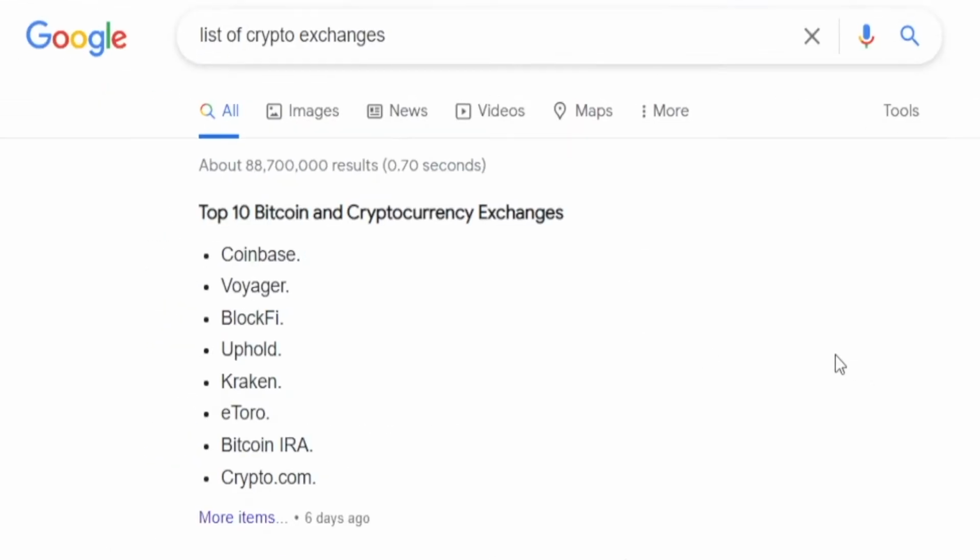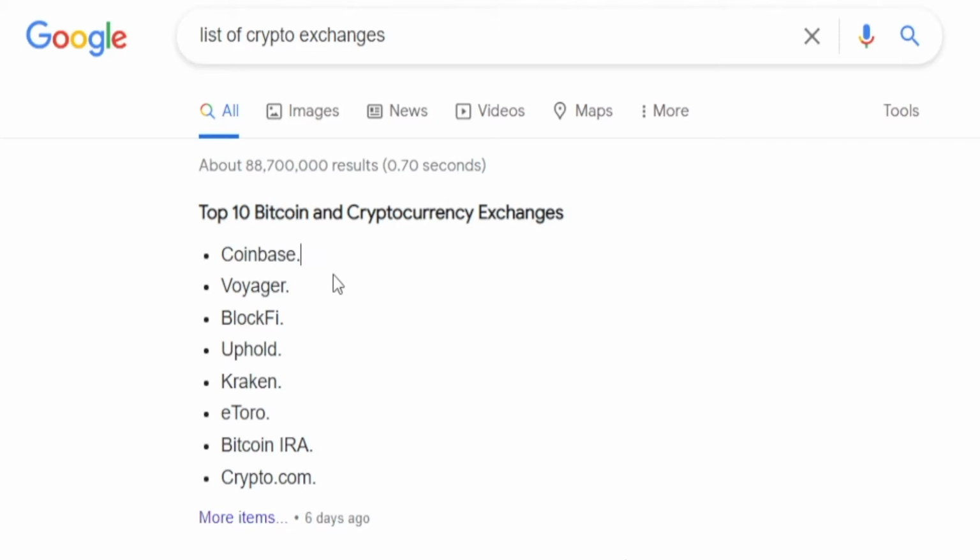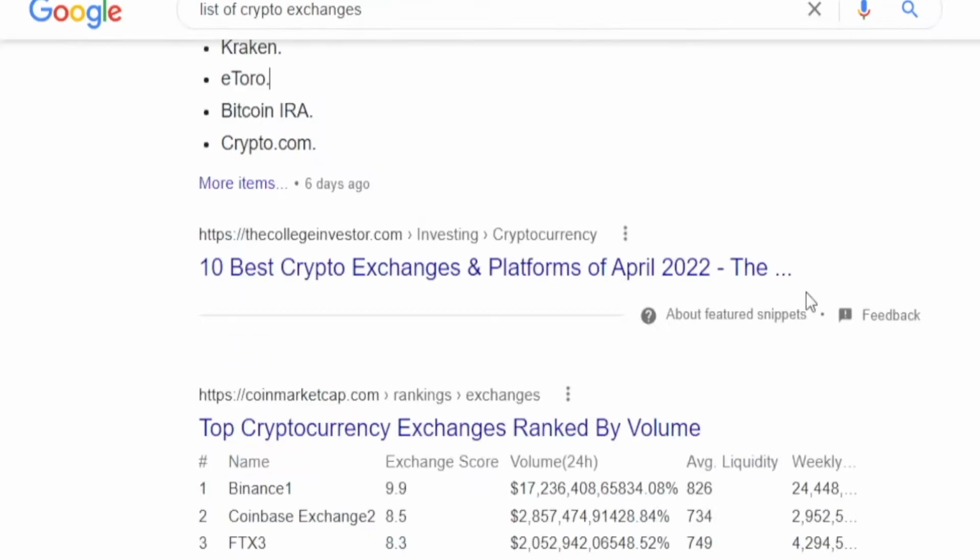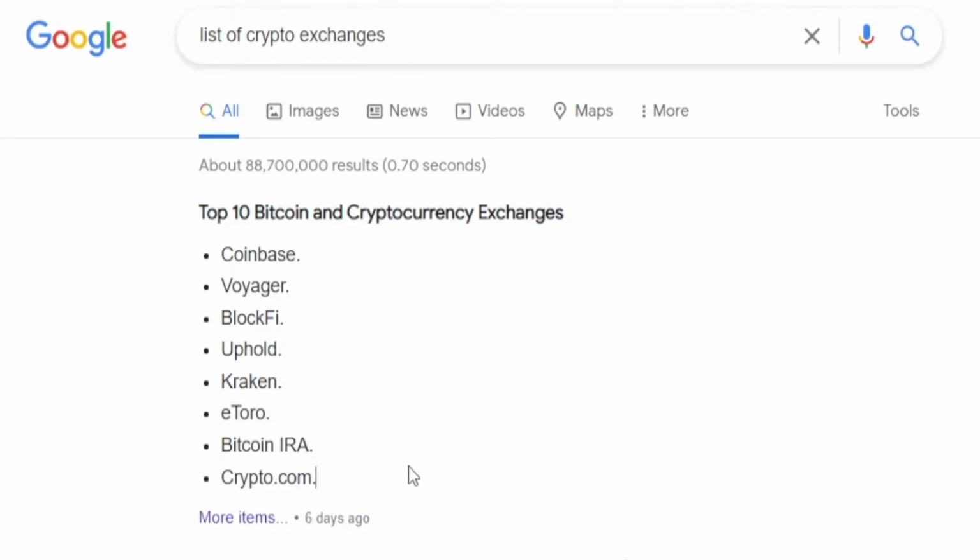A little bit of research is going to be mandatory. What you can start doing is looking for cryptocurrency exchanges. Now, it doesn't necessarily matter if they are centralized or decentralized. The most important thing is that you find an opportunity. And that's gonna include Coinbase, Voyager, BlockFi, Uphold. I'm sure you guys are all familiar with them. Again, the more cryptocurrency exchanges you are looking at, the more chances you're gonna have of finding a significant opportunity that you can profit off of.